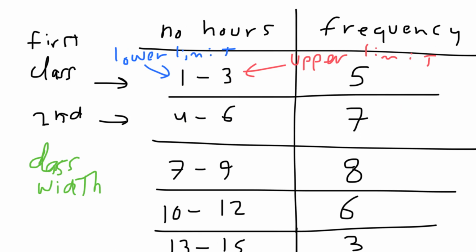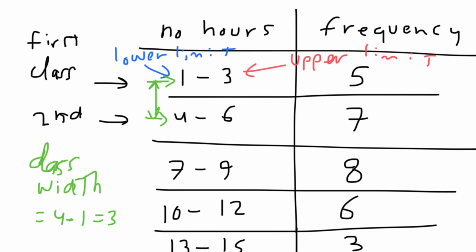So the distance between this lower limit here and the next, successive lower limit here is the class width. In this case it's equal to 4 minus 1, which is 3. The same thing: the distance between this lower limit and the next lower limit is 7 minus 4, which is also 3, or 10 minus 7, also 3,